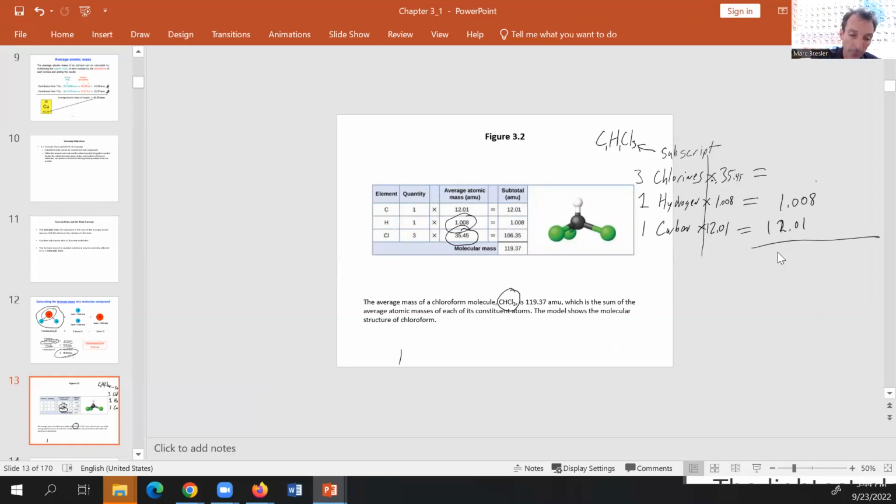I should have lined this up for sig figs. 106.35. So this number goes 3 digits past the decimal, and this number goes 2. So that's where you're going to cut your sig figs off, is 2 after. So then you just add these up. 106.35 plus 1.008 plus 12.01, and then you get